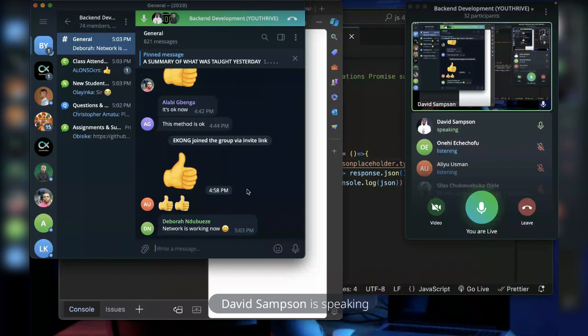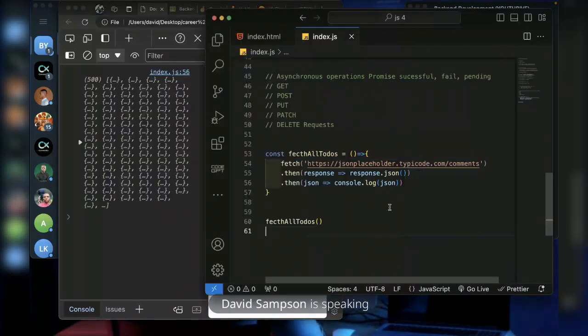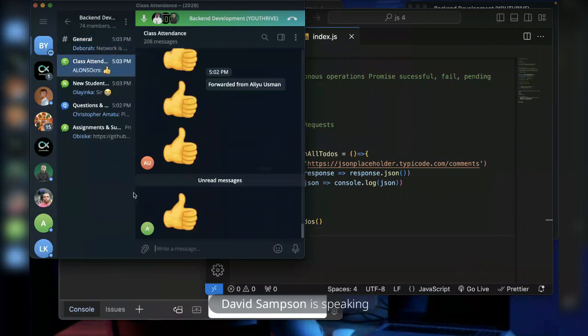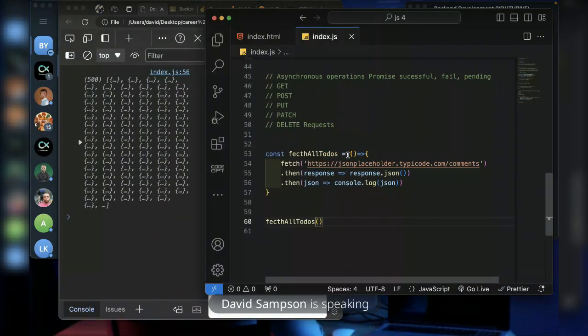See, and it's very fast. Otherwise, I'm supposed to have an error because it is going to fetch 500 items from the database. Since it's fetching 500 items from a database, and this function is not labeled as async, I should have an error. It should crash, but it's running faster. Thank God it's running faster. I think my network is very good.